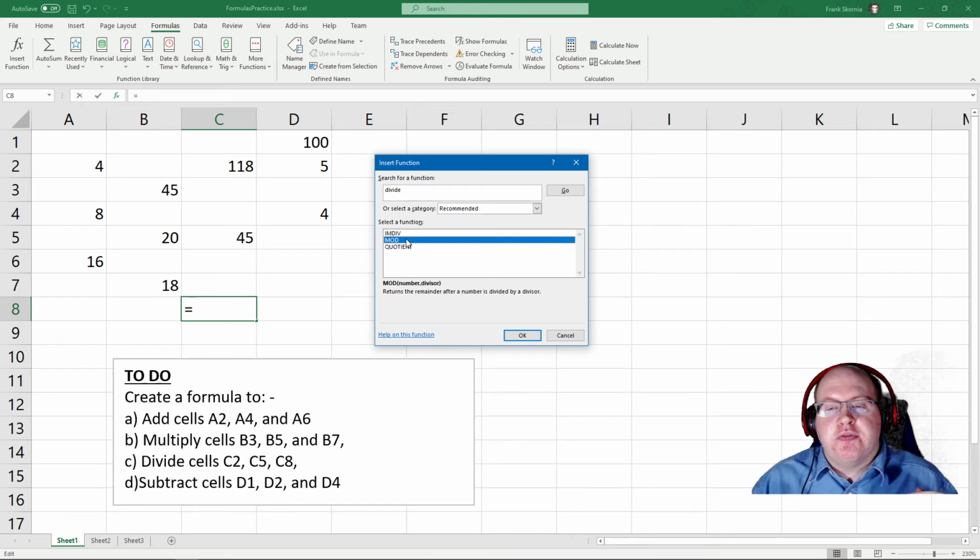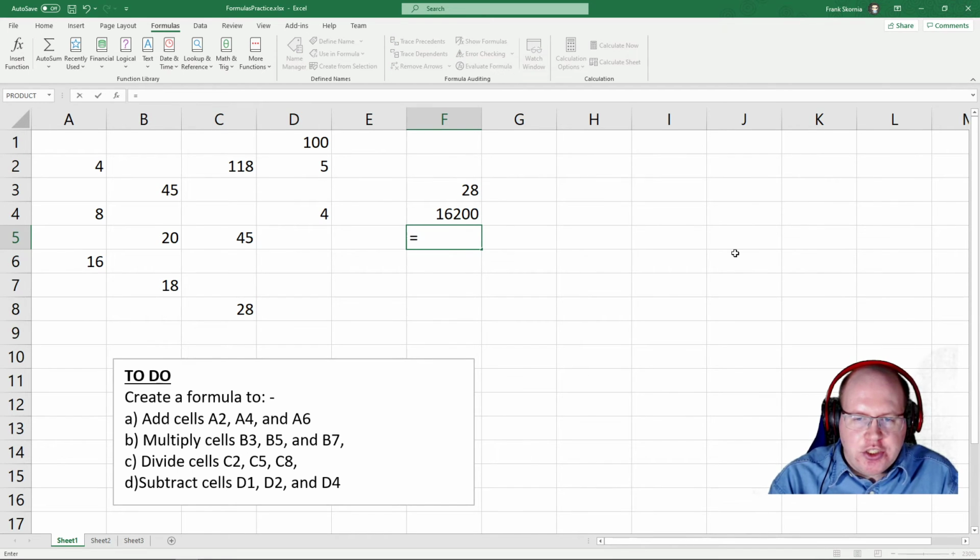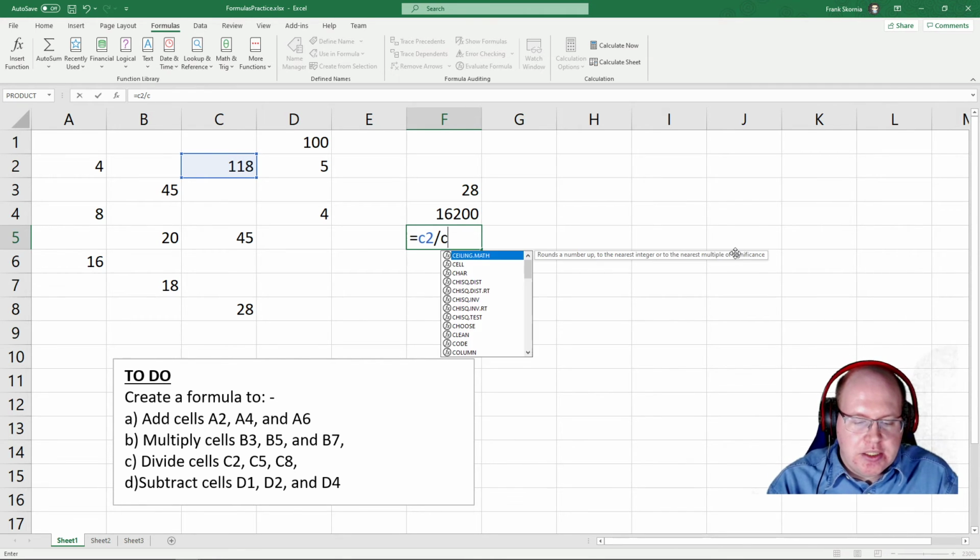Mod gives the remainder. If I divide 7 by 2, I would get 3, and the remainder would be 1. There would be 1 unit left over. So what mod would give me would be 1. That's not exactly what we're looking for in this case. So division you actually write a little bit differently. I can do equals C2 slash to divide, C5